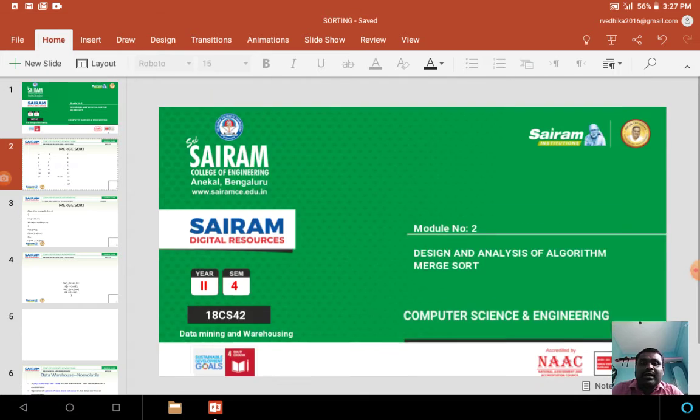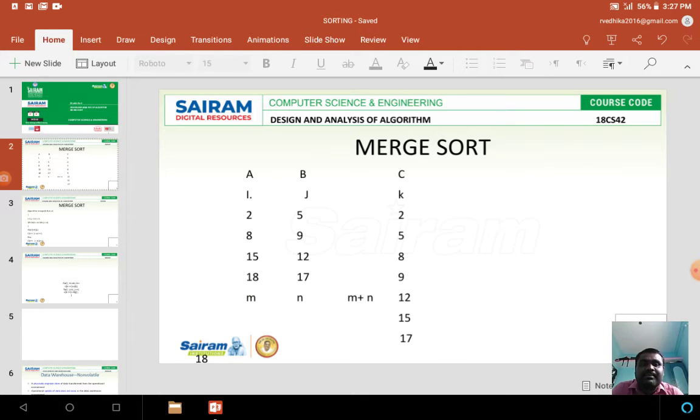So now let us consider this example. Let I have array A and another array B. I have some elements in A array, and some elements in B array. Let me assume that there are m elements in A array and n elements in B array.